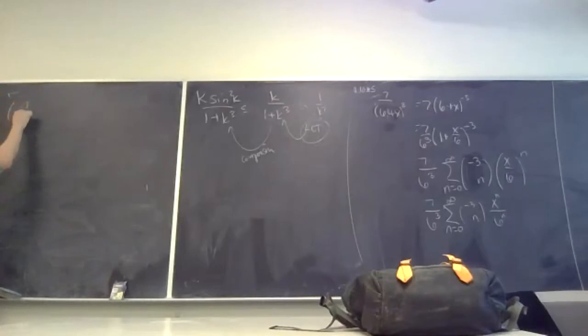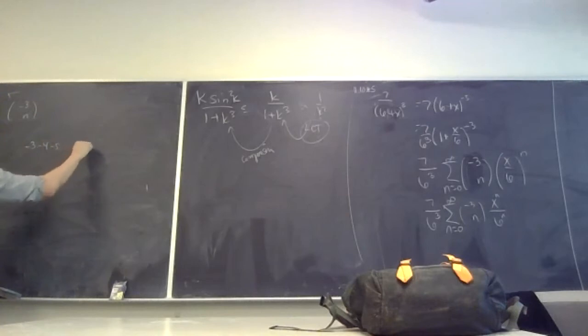This pattern, if you actually think about what this sequence is doing, it goes -3, -4, -5 up to -3 plus n -1 over n factorial, right? That's what that means. Okay, so if you took all the negatives out,